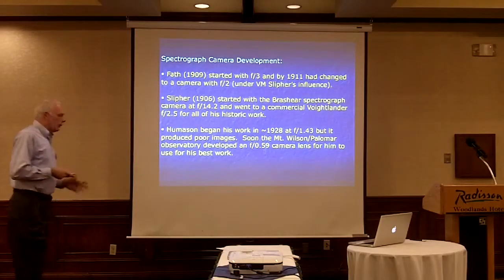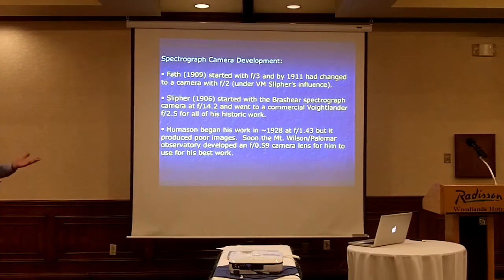Now here's a summary of those camera focal lengths. You see now that it goes as one of the focal lengths squared for the detection of nebulae. Fath started with an f3 camera lens, and by 1911 he had switched to f2. Slipher started with the Brashear spectrograph as delivered by Brashear at f14.2. You see it was a standard stellar spectrograph at that point, and he rebuilt it to have what he called